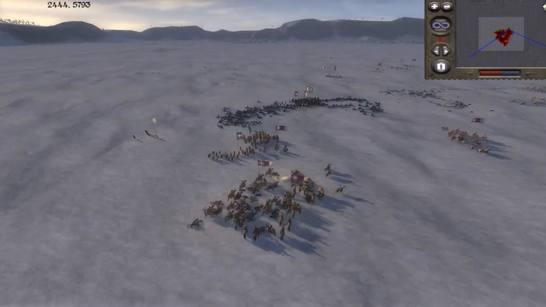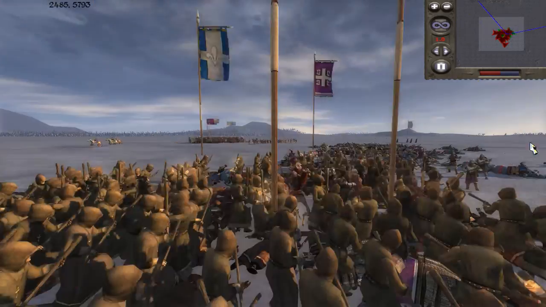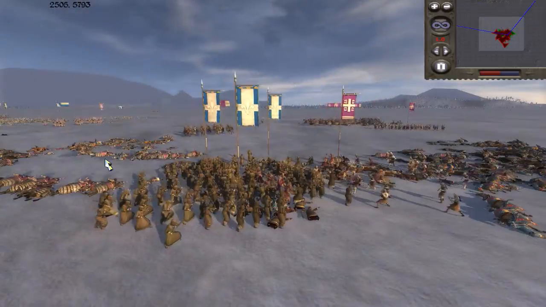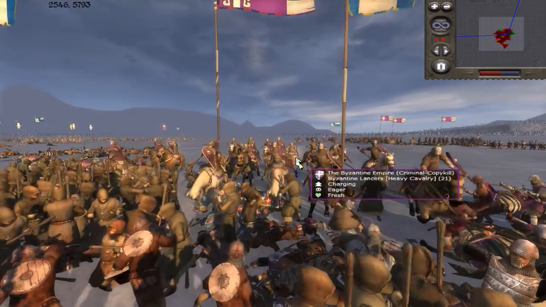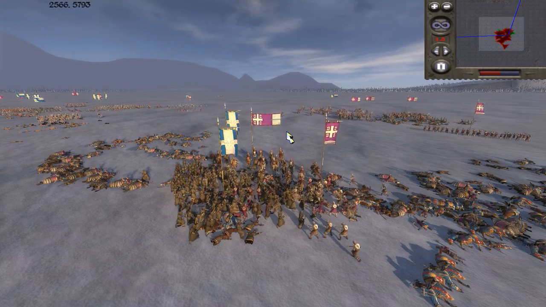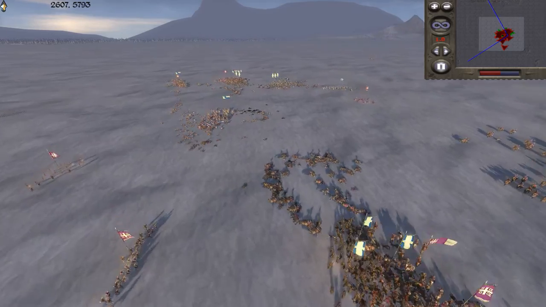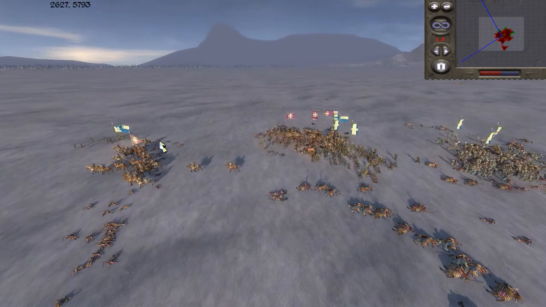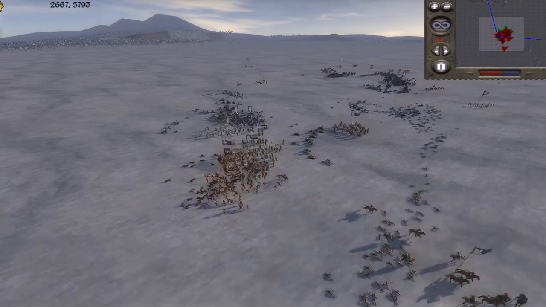Alright, my left flank is pretty much completely destroyed. Only what I have left is my religious fanatics. And they are gonna get a sweet charge from this light cavalry. So, of course, some rout. But I believe they will go back. Only half of our force remains. And this looks